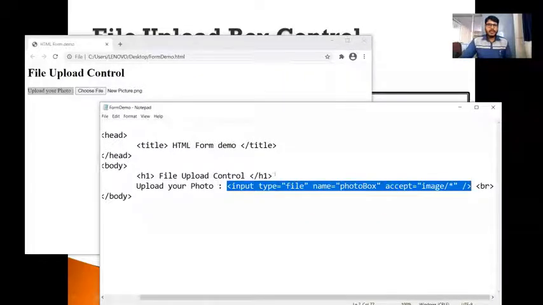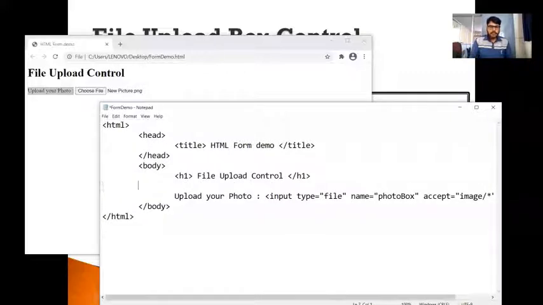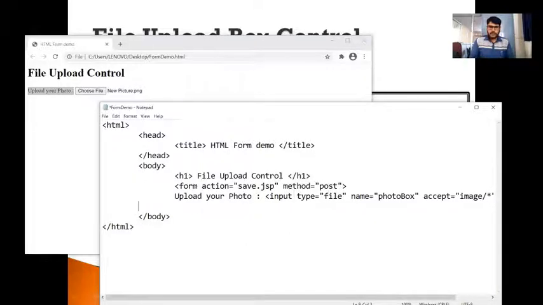Okay. And if you try to remember, here we are using a form control. Within the form control, we are using the action attribute. Within the action attribute, we are going to specify save.jsp, one server side scripting language we are using. And after that, I'm going to use a method here. So assume that I'm going to use the post method. Okay, so this is a form. And similarly, I need to close this form tag. Within this, I'm going to use